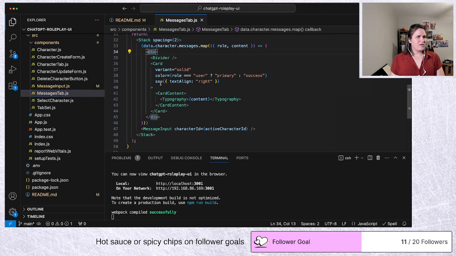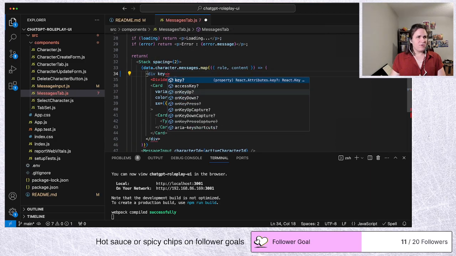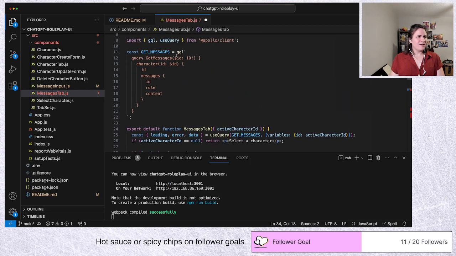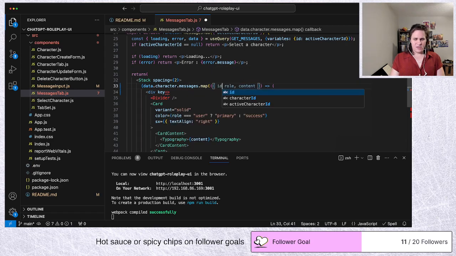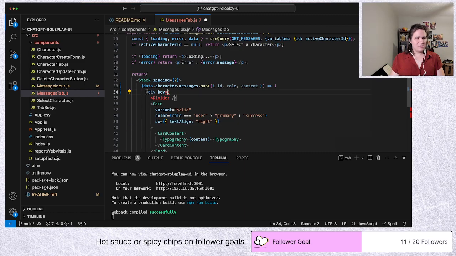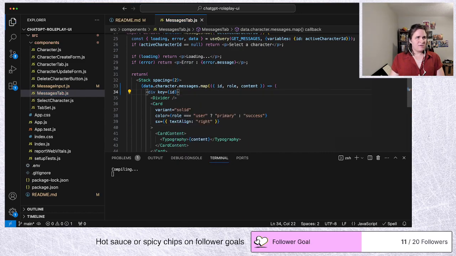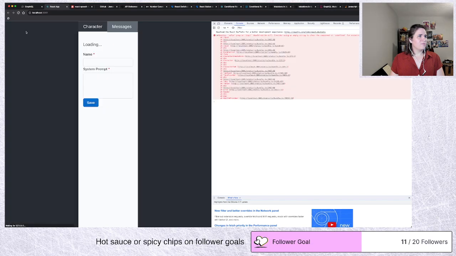Okay, so I think each one we're gonna have here, key equal, am I not getting ID? I am getting ID. So let's do ID, equal ID, yeah. So if we do that, and then clear this, but reload,